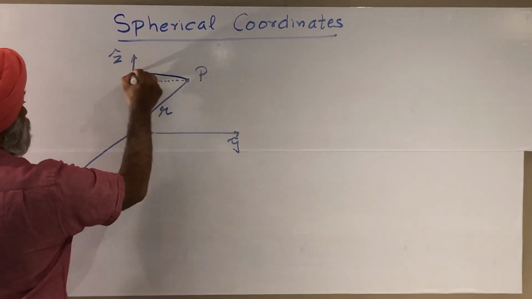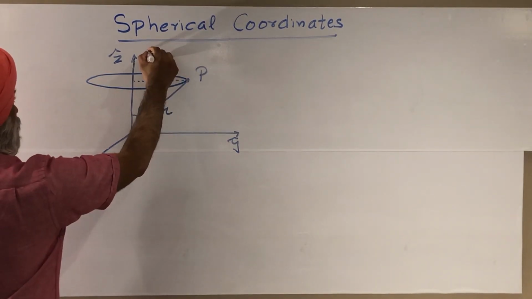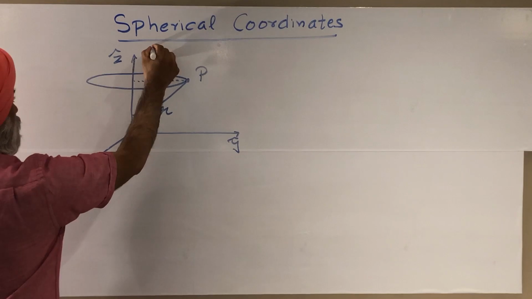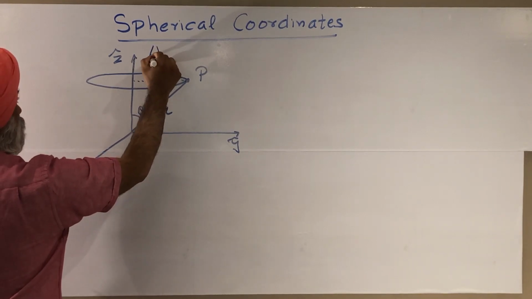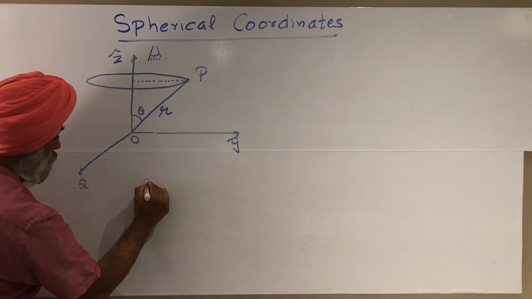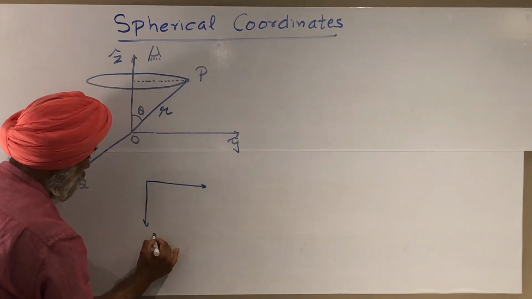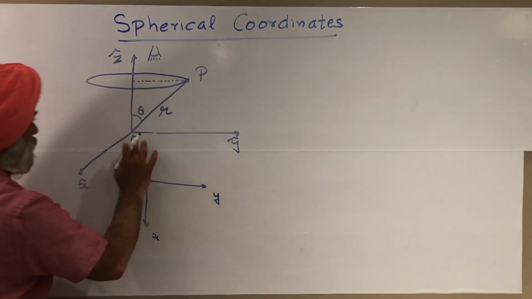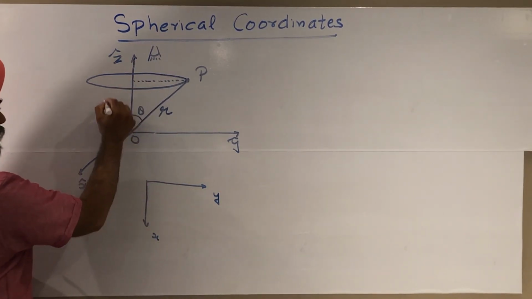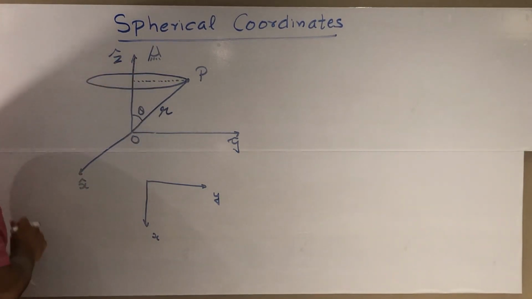I have a circle being made which is like that, and if I watch the circle from the top, then that circle to me is sitting in xy plane at some z equal to r cos theta. It's sitting in that xy plane at a slightly higher z,